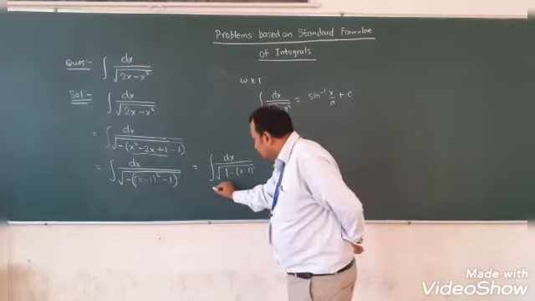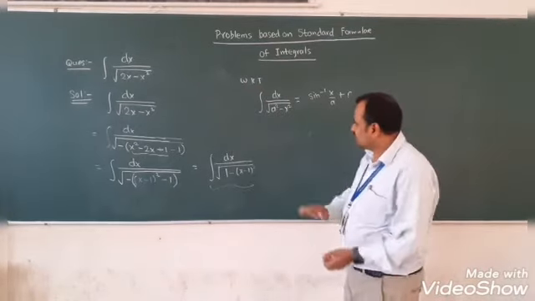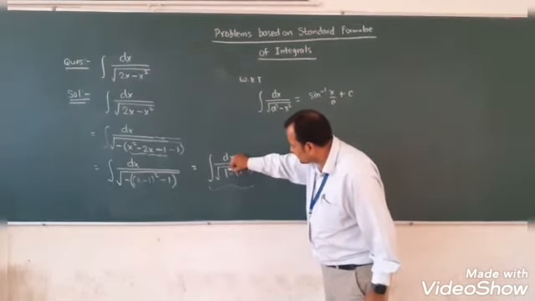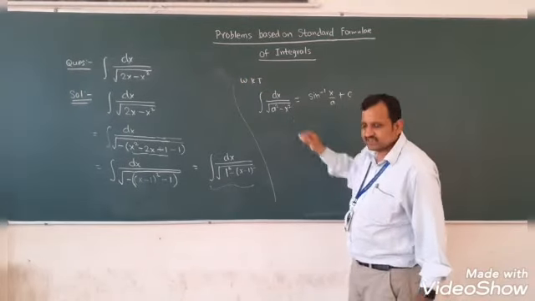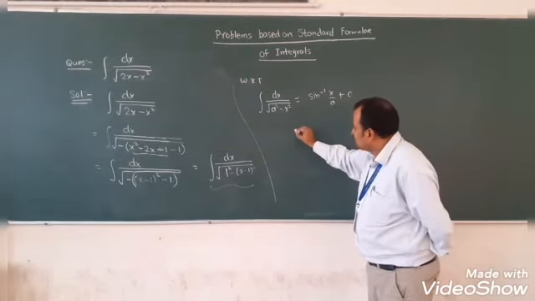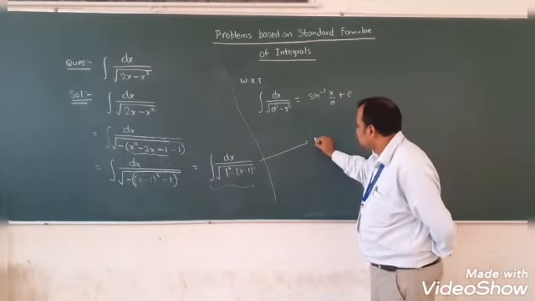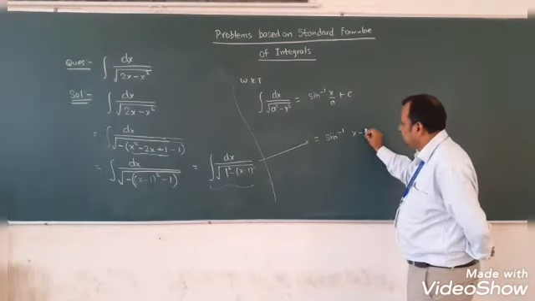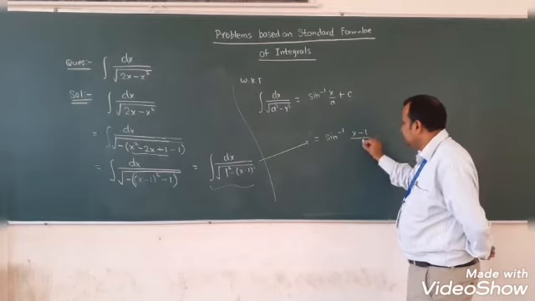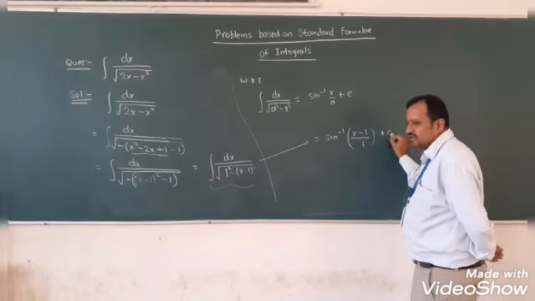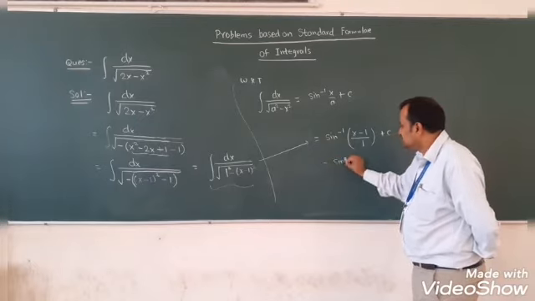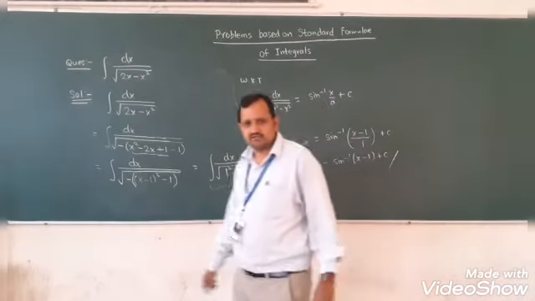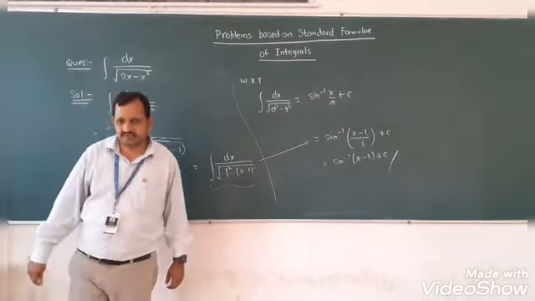Now can you tell me the form of the question? Can I say again this is of this form or not? And what is a? Here I can say 1. So again make use of this result. So the answer of this question is sin inverse x, what is x here? x minus 1 divided by a. What is a? A is 1. Or we can write this as sin inverse (x minus 1) plus c. So this is the required answer. I hope the solution is clear.